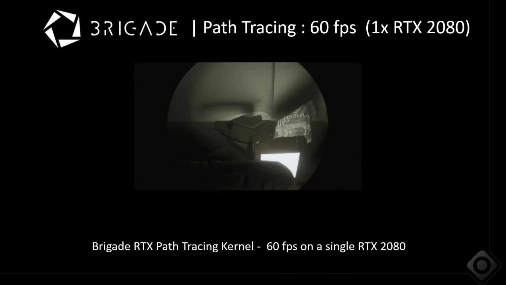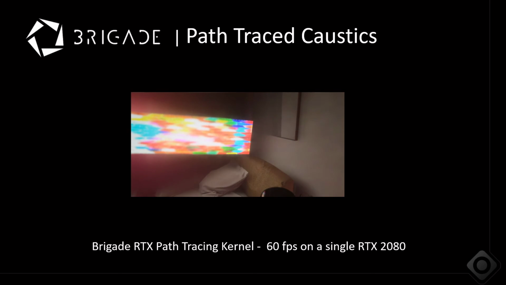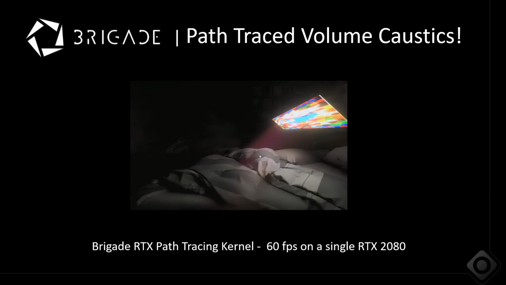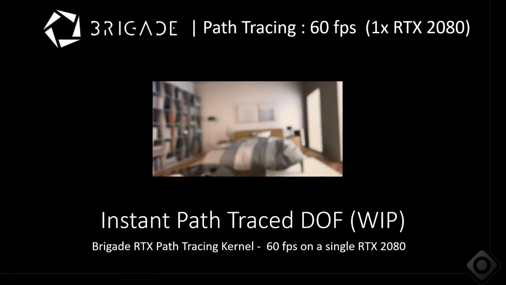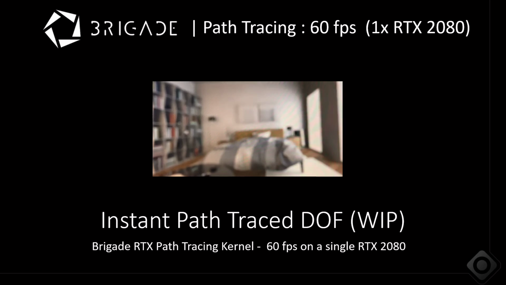And lights, spectral lights, Brigade, absolutely awesome. Look at that. You've got caustics, which are essentially real time, very fast, and volumetric caustics, which are super, super hard to do, fast, high quality, real time. They're running completely natively in Brigade at full speed. This is ray traced depth of field inside of path trace, actually depth of field inside of Brigade. You can see you have beautiful bokeh. Pretty tough to do that at this speed for a path tracer,